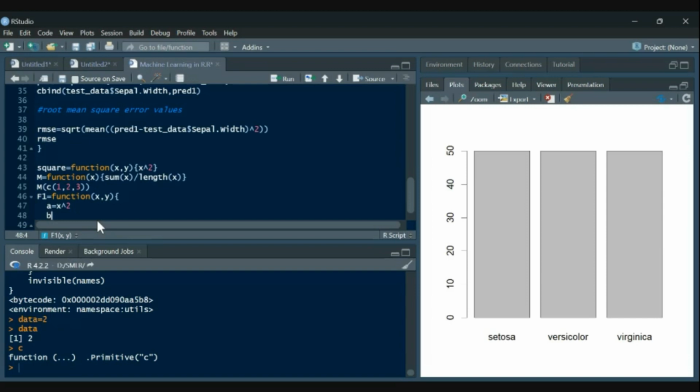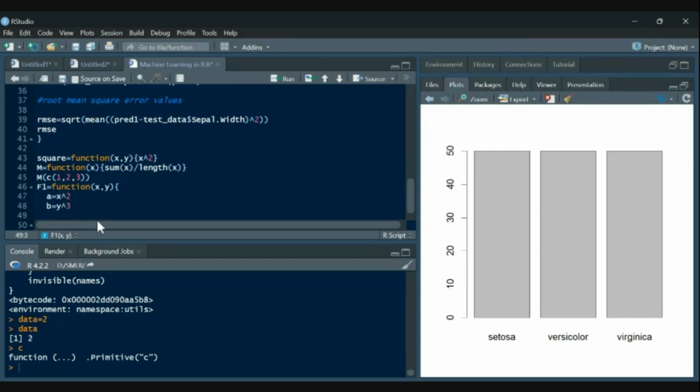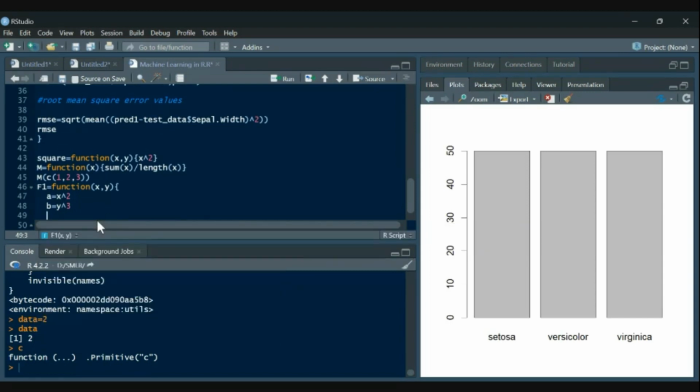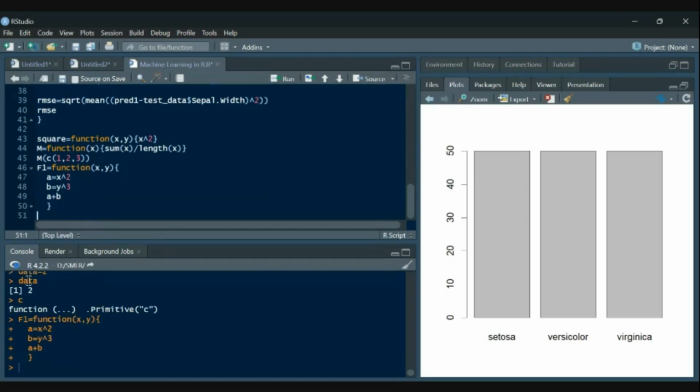Then b is equal to x cube, not x, y. And lastly, I want in return, let's say simply a plus b. Let's see whether it gives me the function or not.